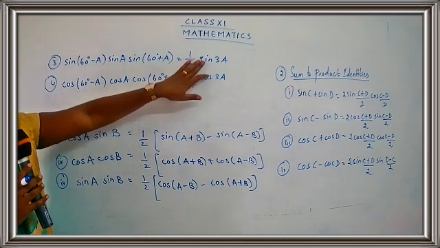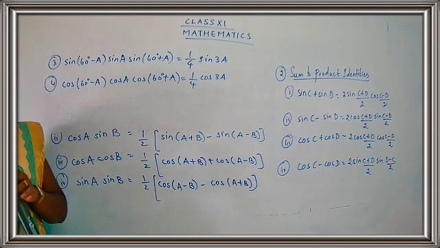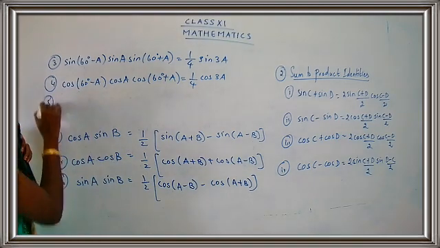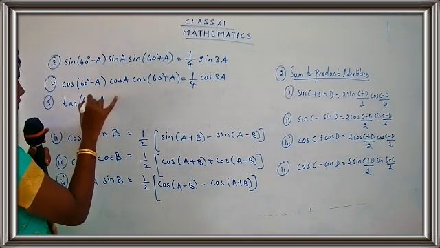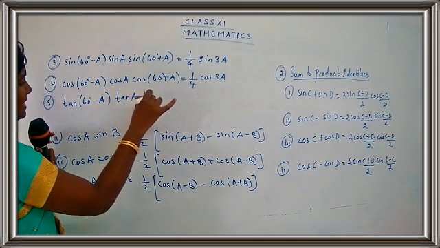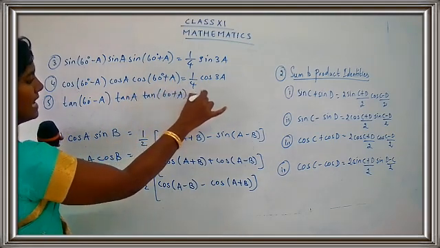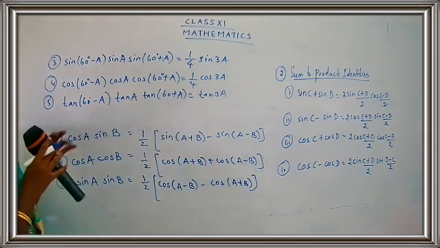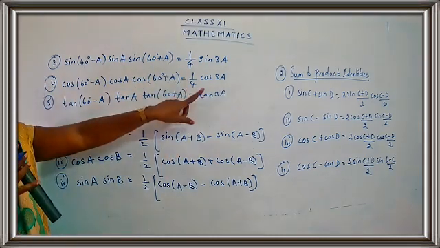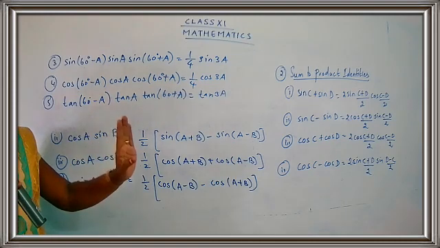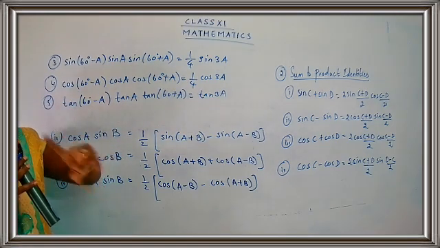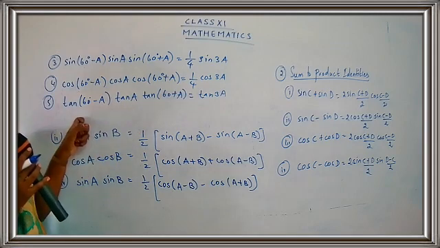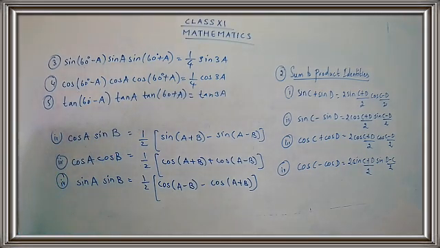This is very simple because this is sin 3A, this is cos 3A. And for the last, you will have only tan 3A. Okay, so that's the difference. Fifth one, the last one. If it is tan (60 minus A), tan A, tan (60 plus A), if you have such a format, the answer is tan 3A. Okay, children. Now for sin and cos, you have 1 by 4 sin 3A, 1 by 4 cos 3A. But for the tan part, the answer is alone, it's tan 3A. That means you have 2 formulas for triple angle of tan. So one is tan (60 minus A), tan A, and tan (60 plus A), that's tan 3A. I hope you are clear with the formula.